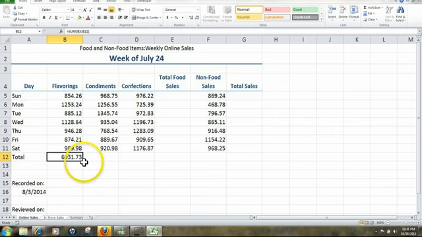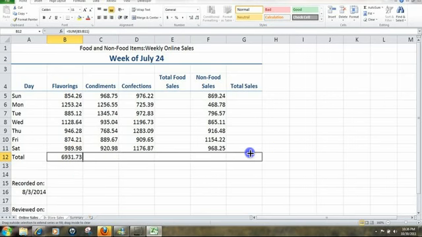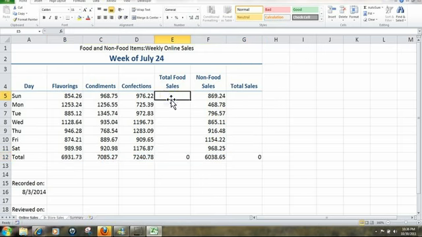And now we can copy that formula all the way across by going to the fill handle and dragging it across. Next, we're going to go into cell E5, and we're going to sum the flavorings, condiments, and confections. How we do that? We're once again